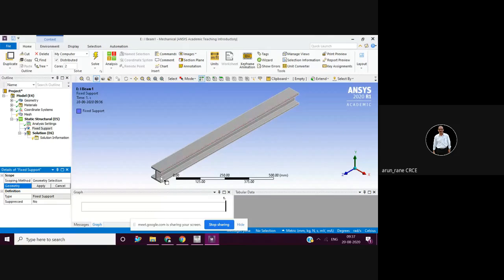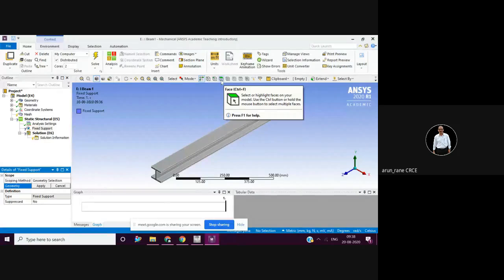The moment I move my cursor here, a small cube appears, which can be seen here. There are various options for how to support. You can support a point, you can support an edge, and you can support a face. See, you can read it. You can support the entire body, and so on.